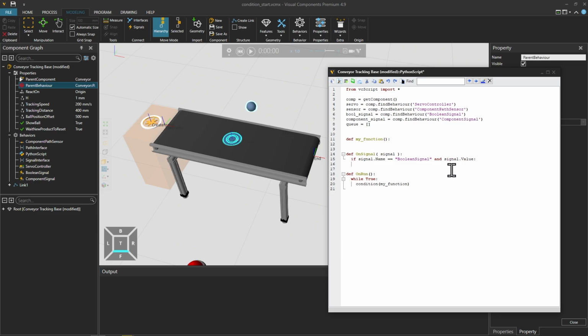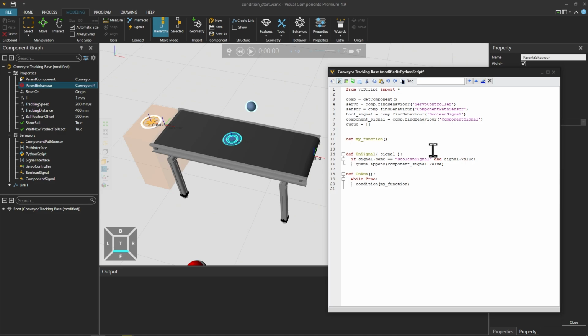Like so. And then we can append this component signal's value inside this queue. And now this queue will take in any component it detects within this tracking sensor.